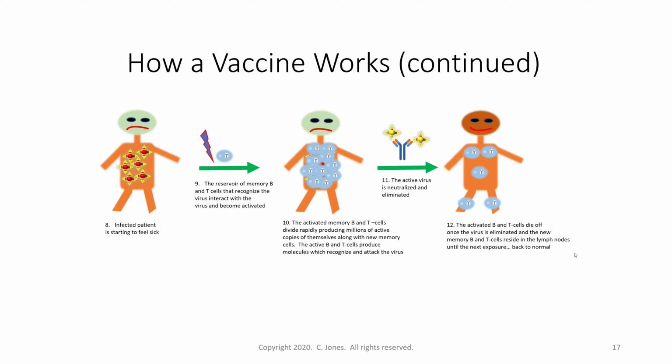Now, one of the issues with the vaccine is how long will those memory B and T cells live in your lymph nodes, right? This is when we need to go and get revaccinated, right? So that's one of the challenges in discovering and producing a vaccine, is making a long-lasting vaccine. And people don't really know how long any of the COVID vaccine candidates are going to last. How long are those memory B and T cells going to live in your body?